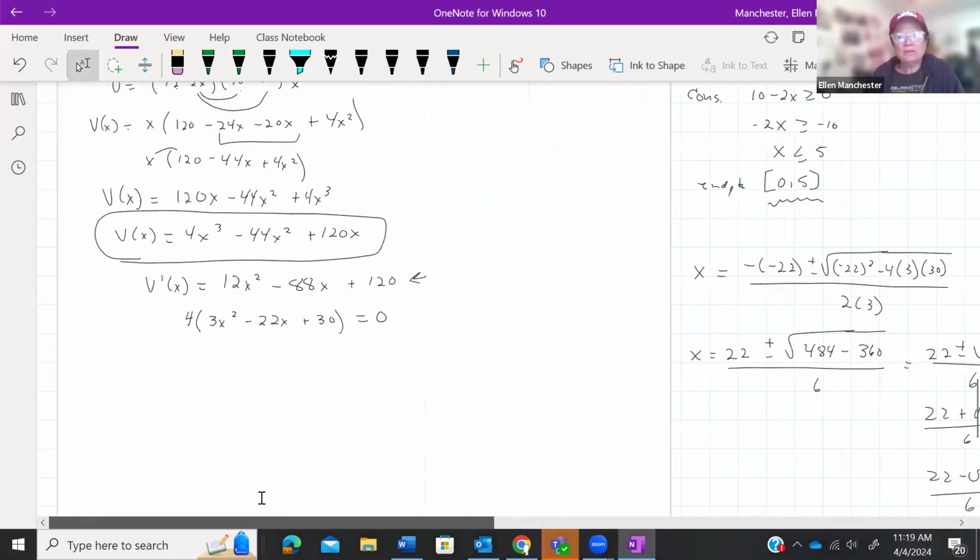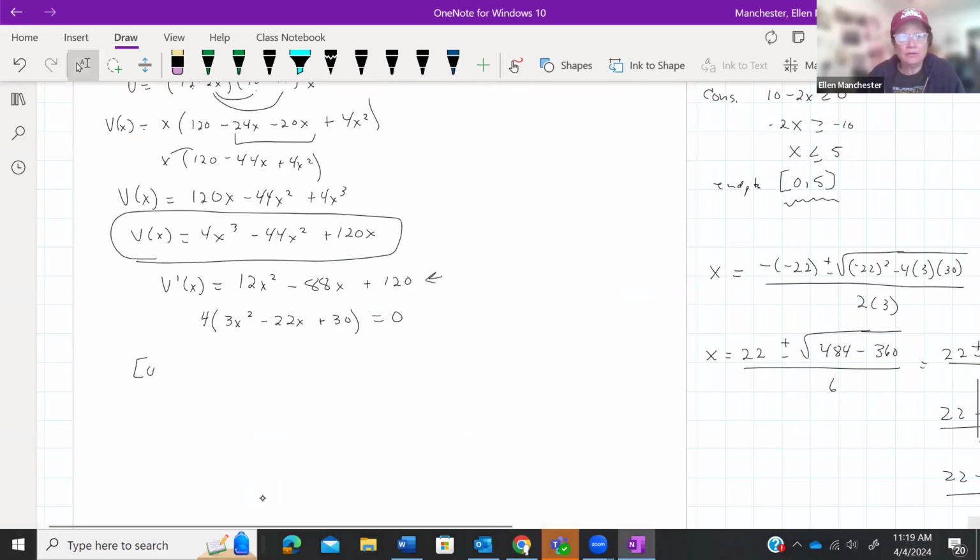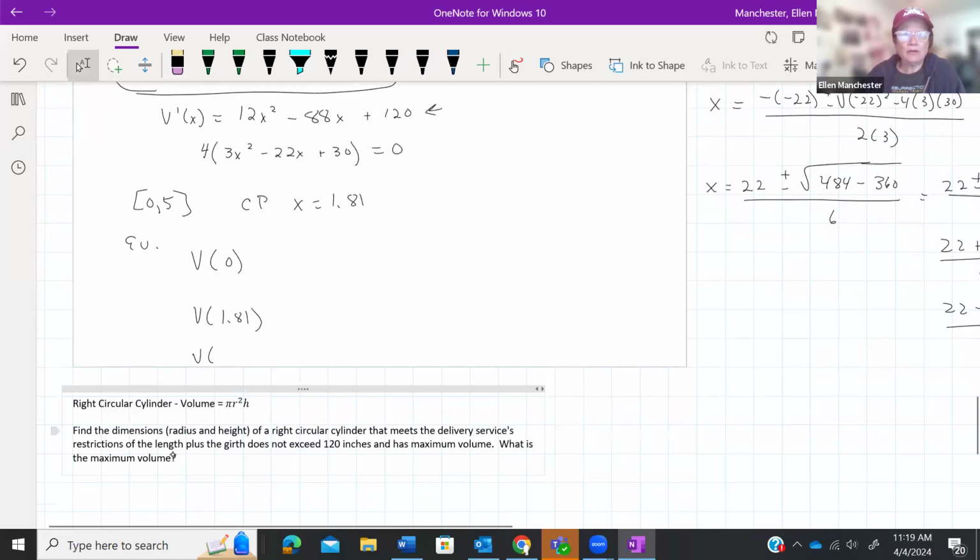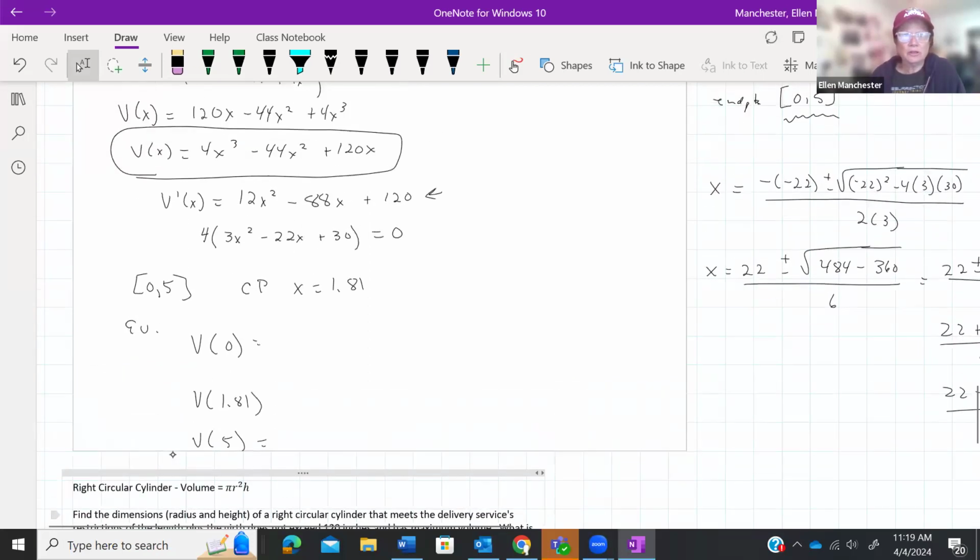All right, so now we have our endpoints. We have our critical points. And now we can just evaluate. So we have our volume at 0, our volume at 1.81, and then our volume at 5. And like we've seen, when you plug 0 into your objective function right here, you get 0 out. When I plug in 1.81 into my objective function,